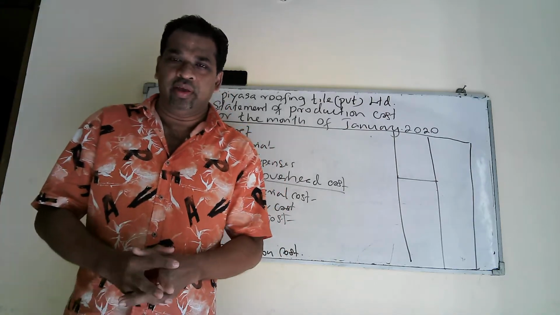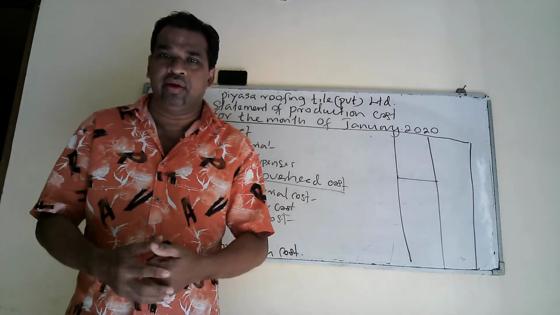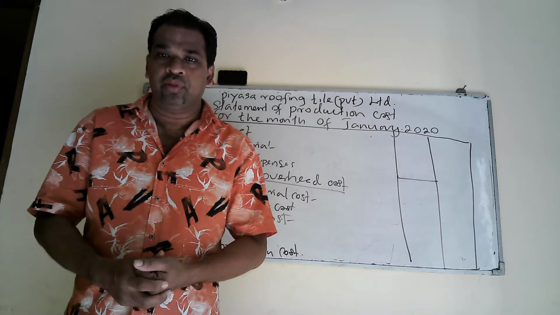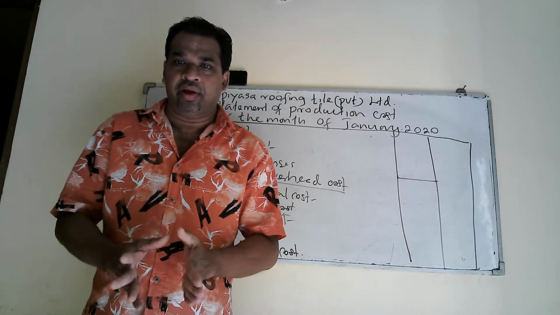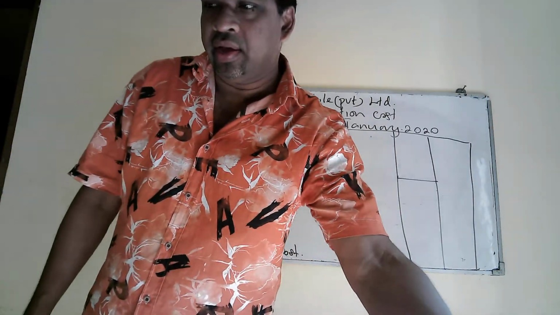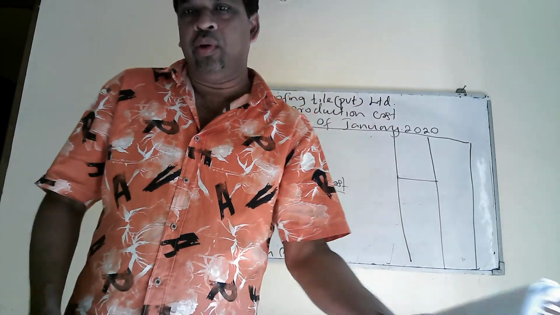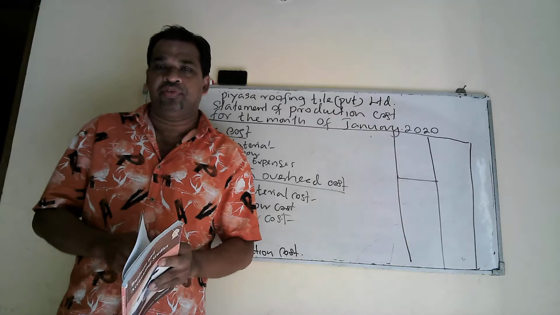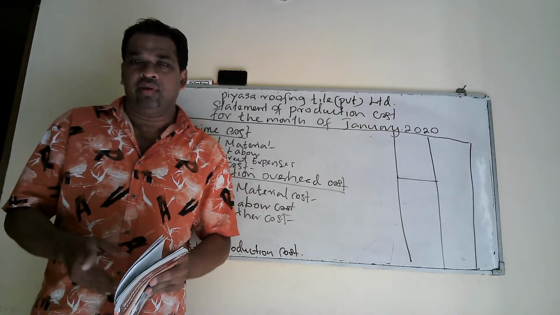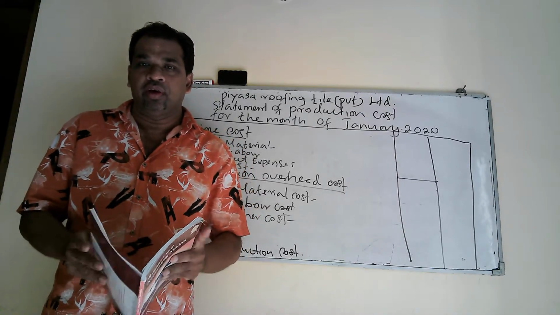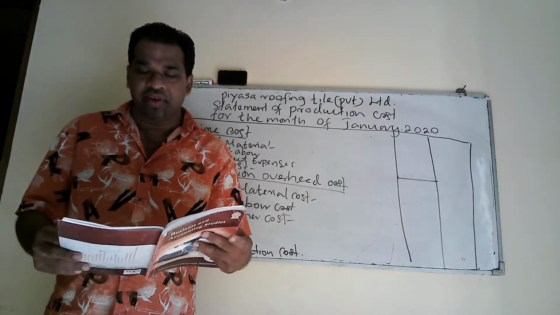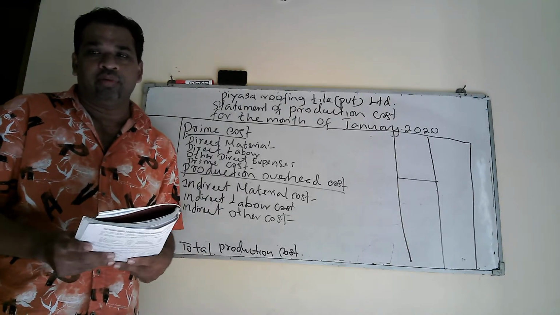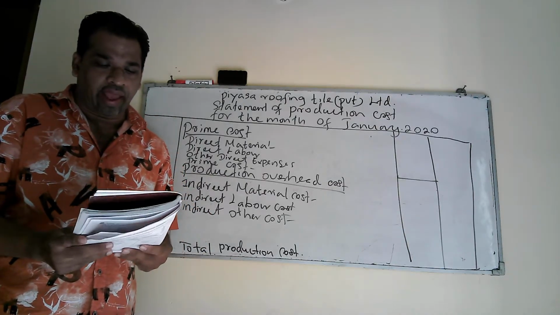Today I am going to discuss with you all the model questions available in the textbooks and all the past paper questions related to the lesson statement of production cost. You can take your grade 11 textbooks, and you may also have the business and accounting studies past question paper book. Now I am going to discuss the exercises available in your textbooks, that is activity number 4.